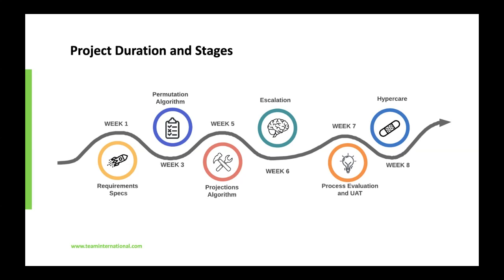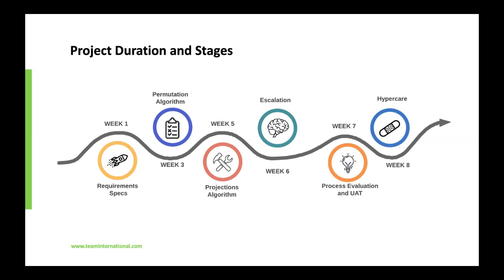For this specific project, we scheduled 6 stages, which you are seeing there, and the final duration was 2 months or 8 weeks. It started with 1 week to better detail the requirement specifications. Then in the following 2 weeks, we worked on the permutation algorithm, which is basically the engine of the solution, where we consider all of the possible variables to create a schedule, and the algorithm is in charge of combining all of those variables and all of the preferences that the different employees have towards generating